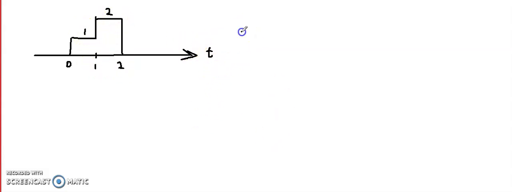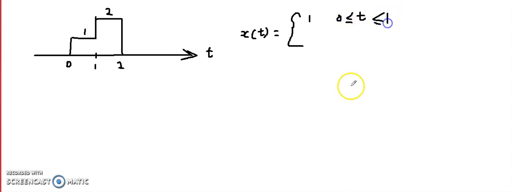So you can define your xt as 1 when t is between 0 and 1, and it is 2 when t is between